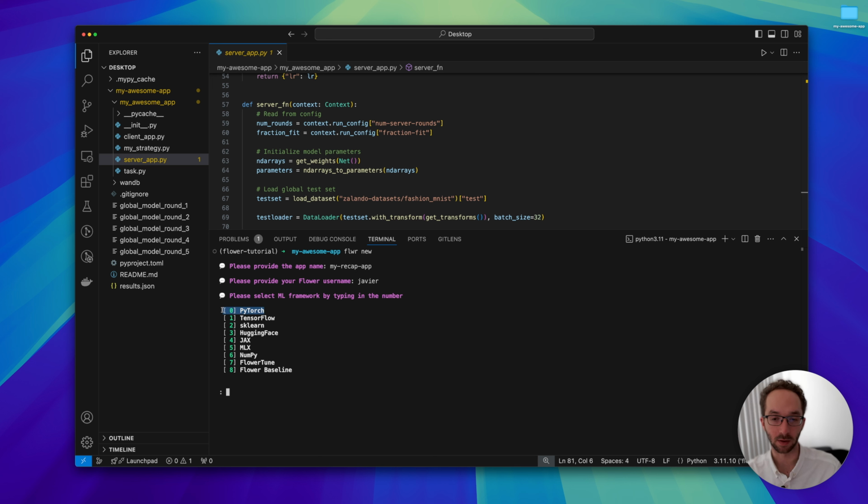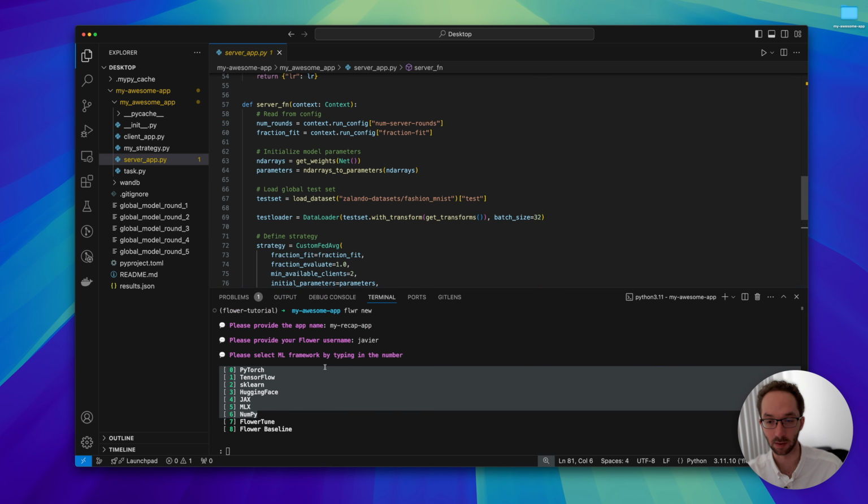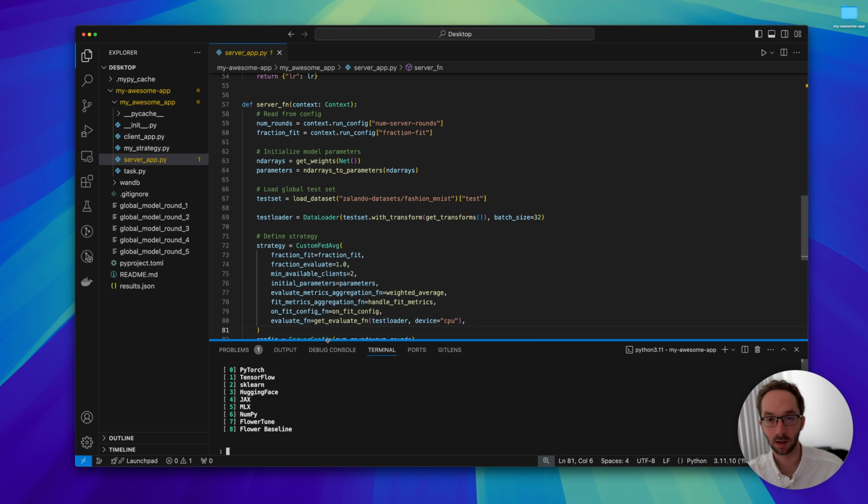We chose the PyTorch template, but all the concepts you have seen here are equally applicable to all these other frameworks. The great thing about starting with one of these templates is that you get a client app and a server app and everything else needed, so you can run it right away with a command that we saw called